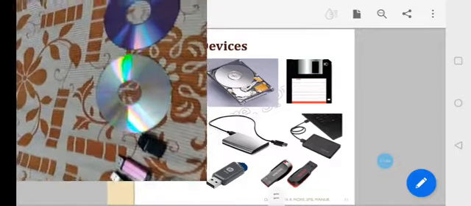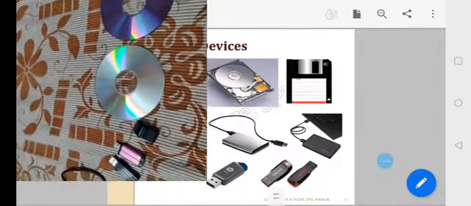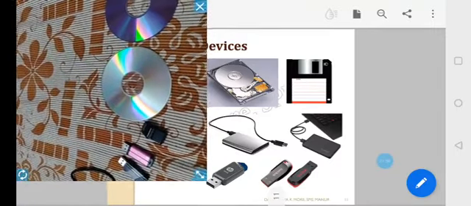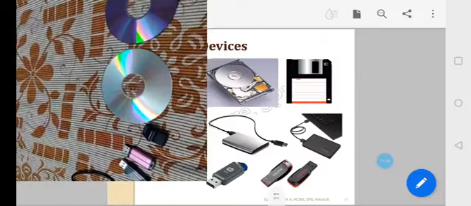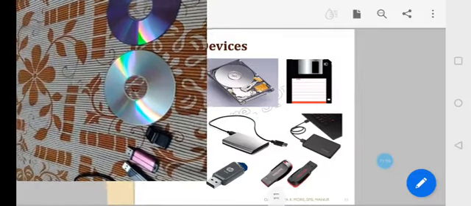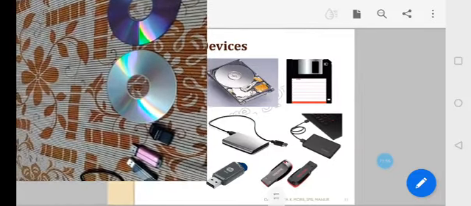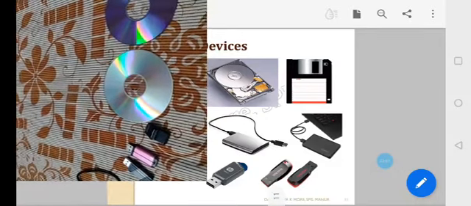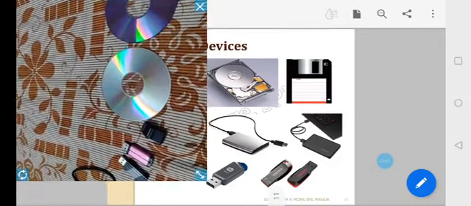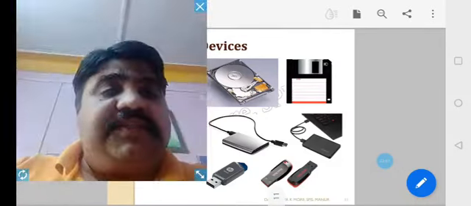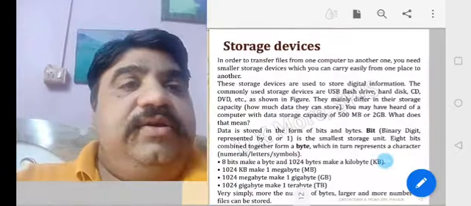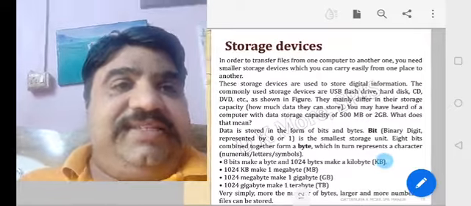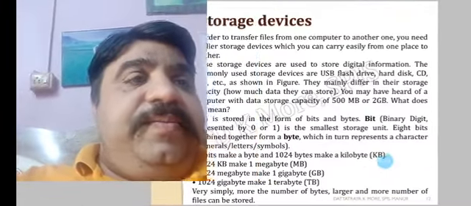Like this way I can explain these things to you. This is the short tour of our storage devices, which can store your information and keep it secure. Don't give burden to your system. You can keep your data in your external devices, and then your data will be safe. Let's move ahead to see detailed things about the storage devices.